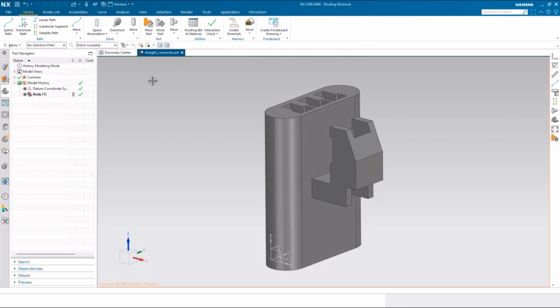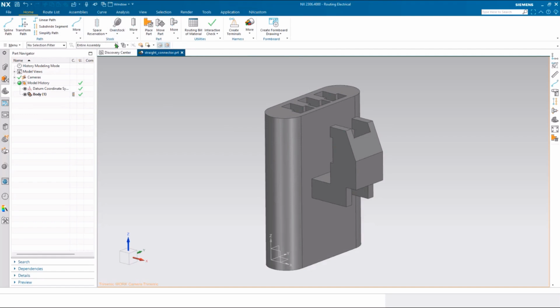So you'll see in this toolbar, let me just kind of point out what we've got to deal with here, going from left to right, up in the top. So we're in the Home tab of the routing electrical application. First group of commands here are the path commands. And we'll be working with mainly the spline path here for electrical routing. Then we get over here to the next group of commands. This was where we can apply different kinds of stock,